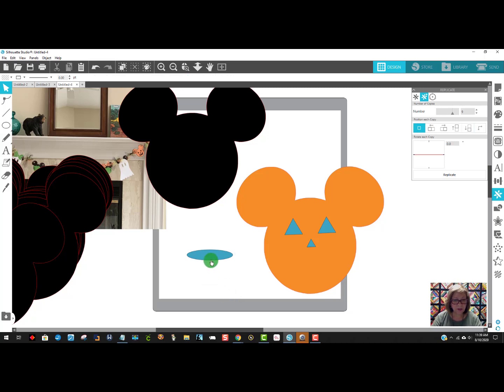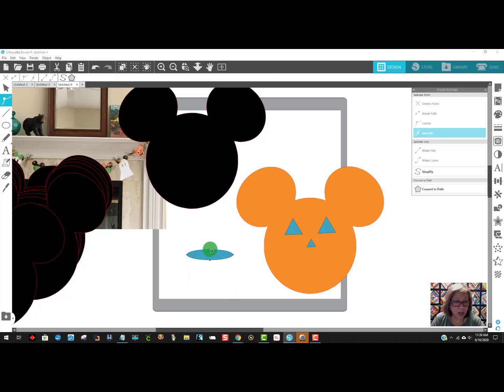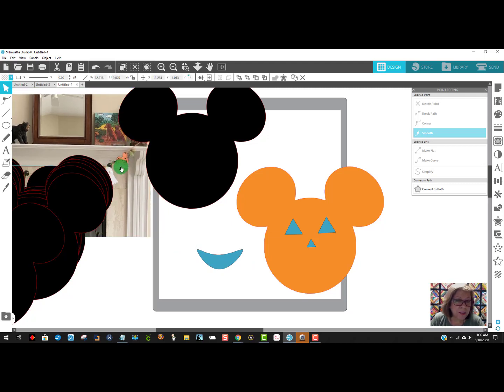And then what I'm going to do is double click on it to get these nodes or these little boxes. I'm going to pull this one down like this and bring this top one down like this, and notice how that's starting to make a smile. So that's pretty good. Let's look and see, is that a good size? Yeah, it's perfect. Now, if you'll notice up here, if you can see it, he's got some little teeth taken